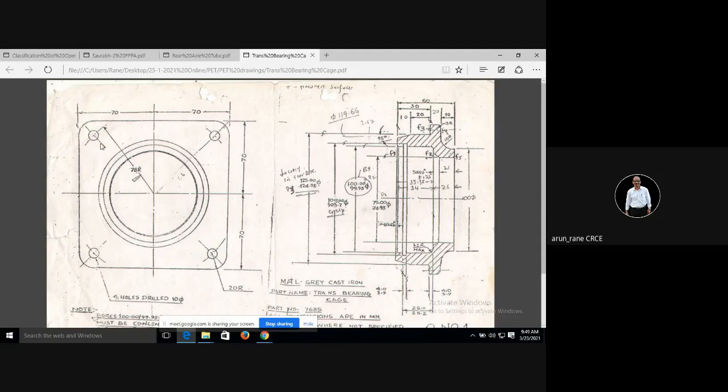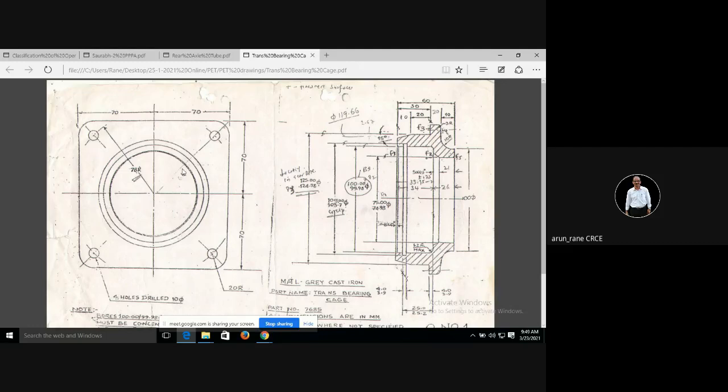See, when you are going to do this drilling, we have already identified this hole as a process critical area, but since we are locating on this bore, this component can rotate, isn't it? When you are loading the component, it can rotate, isn't it? But what is our requirement? This hole should come exactly at the center of this radius.